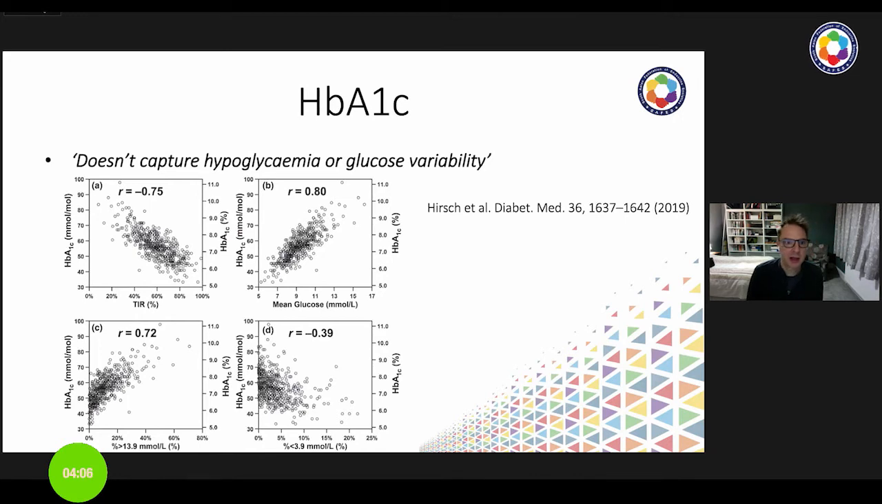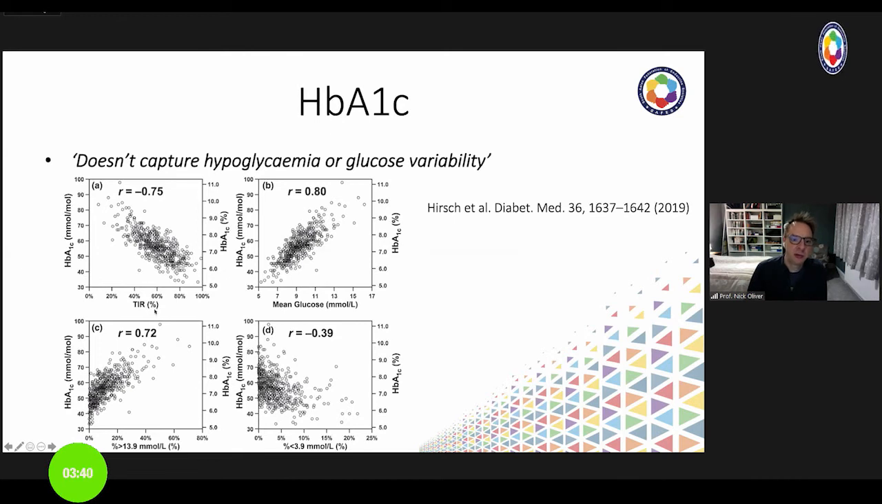So let's come back to that statement that I said earlier. HbA1c doesn't capture hypoglycemia or glucose variability. Well, I would argue that HbA1c actually is still a fantastic composite measure of overall glucose, hypoglycemia, and glucose variability. So here are data from Earl Hirsch, taken from some Dexcom data that was published last year, and